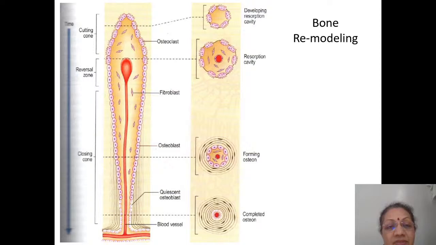At that point, these fibroblasts will start laying down the fibers in the new pattern that is required of the bone, right? We've already eaten away the old pattern. Now there is a scope to lay down a new pattern, and that area is therefore called the reversal zone. So where the osteoclasts are proceeding forward and removing material is called the cutting cone. The area just behind it where the new fibroblast activity has started is called the reversal zone,